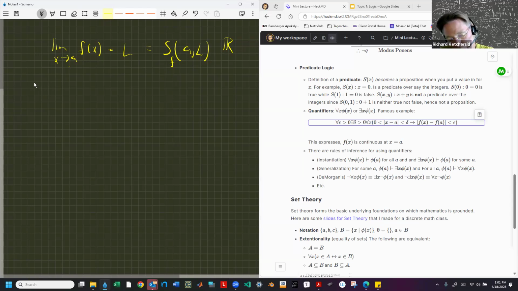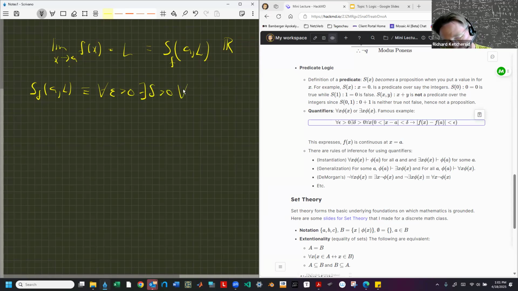Now this sentence can be expressed in a much more explicit way. What does it actually mean to say you have a limit? Here's what it means, and I'm going to write it all out with these things called quantifiers. It means that for all epsilon, this upside down A is written for all, greater than 0, there exists a delta greater than 0,